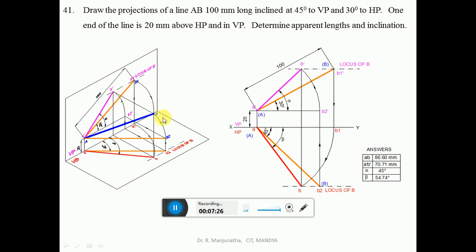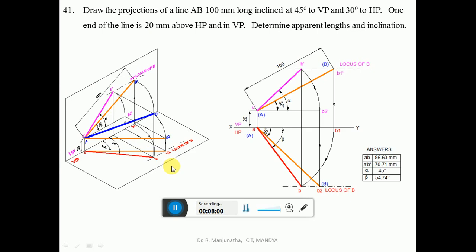So when it is rotating in space, the image will also get rotated in the vertical plane such that with this A dash B2 dash as the radius, we draw an arc such that it will cut the locus of B in the front view at this point, which is going to be B dash. Then join A dash B dash with a dark line. Then when you draw a vertical projector from B dash to B, both will lie on the same line. So this is going to be the final solution when you are doing it in three-dimensional analysis.